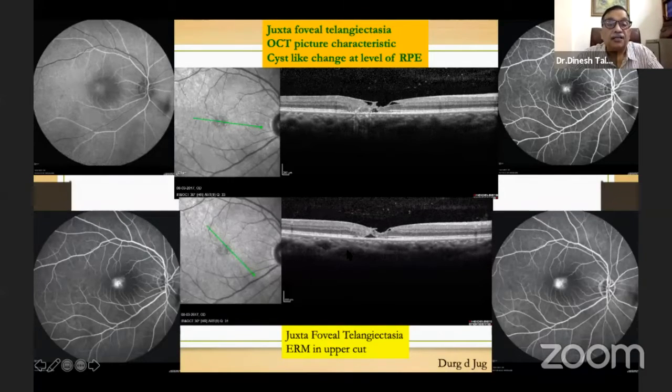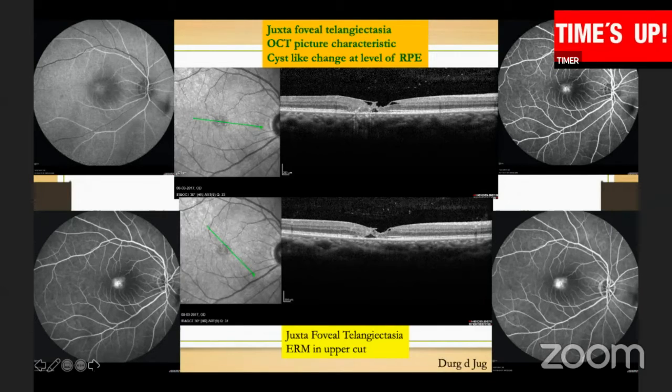And this, on the other hand, is a patient where, if you see the fluorescein angiogram, it looks like a late leakage from an unknown source. But if you look carefully at the OCT, in this space over here, there is no abnormality in the RPE. There is no lesion at the level of the RPE. This is actually a juxtafoveal telangiectasia, and this is degenerated fluid. In this case, there is also a small epiretinal membrane, but otherwise this doesn't need any treatment. We don't treat this unless these patients develop a choroidal neovascularization.